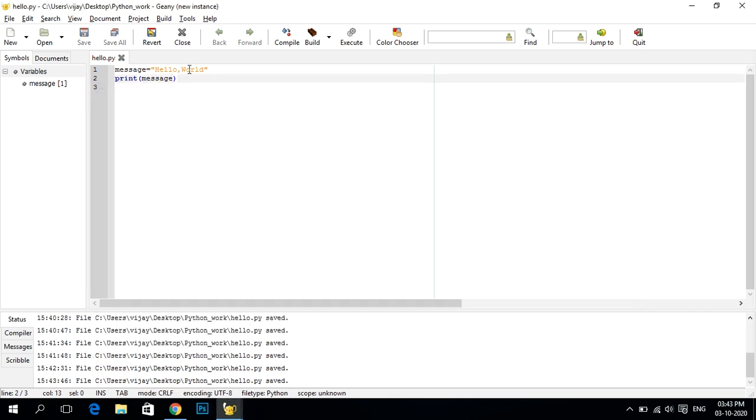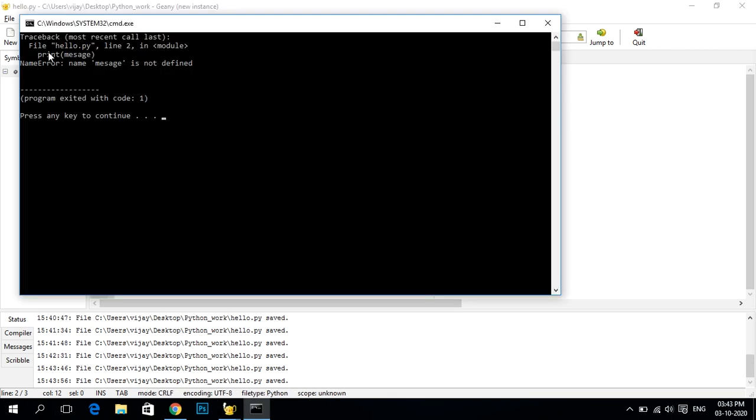But when you misspell anything while doing print, it will give you an error. So we have to check what the error is. In the traceback it is saying print message. Here MESSAGE is what we have to write, but we have written it differently.